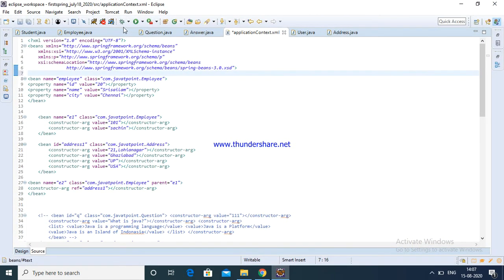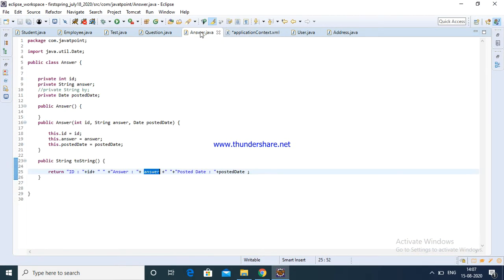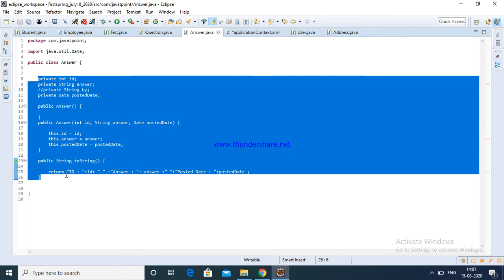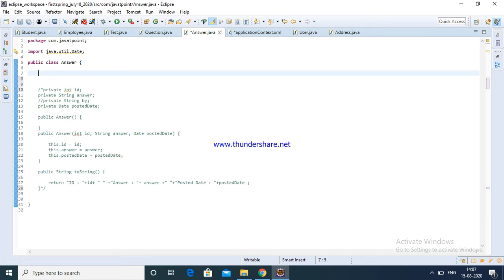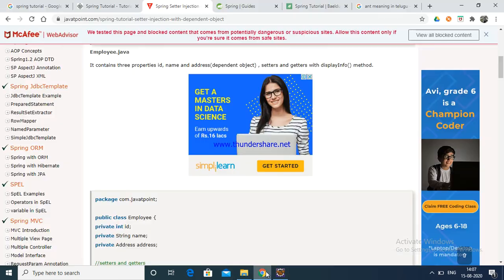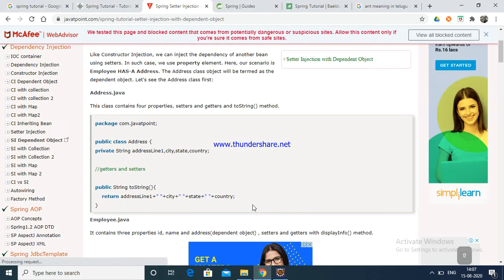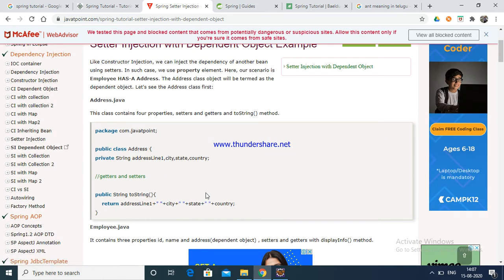In my Anypoint Studio, here there is an address with setter injection. What I am going to do is comment this entire code, Ctrl-/. Okay, I commented. Again I am going to give the same address properties: string address line, city and country.